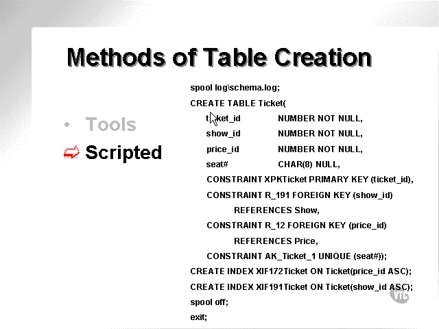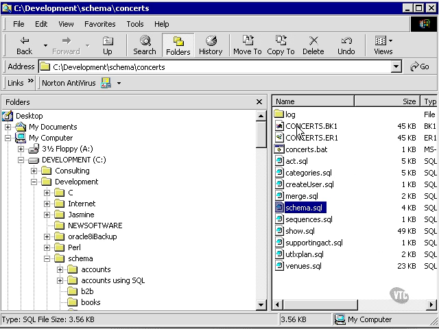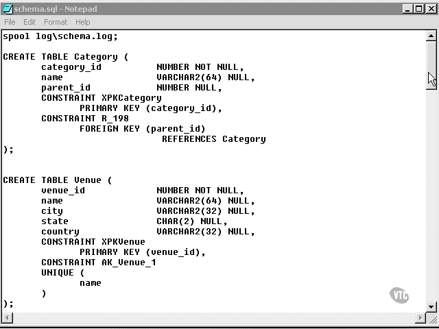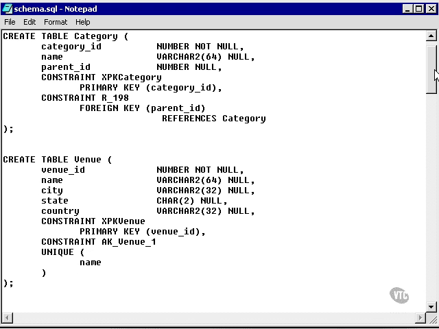With scripting you can include a large number of table creation commands or really object creation commands such as tables, indexes, etc., including all the referential integrity and anything else you might want to put in there, such as inserting data. Let's have a look at an example. This is all the scripts I use to create my concept schema. Obviously the most important one, or the initial one, is the one I have highlighted right here, which is called schema SQL. In this script, which is executed in SQL+, in the command line window, I create all the tables,